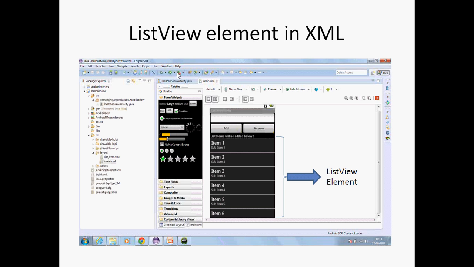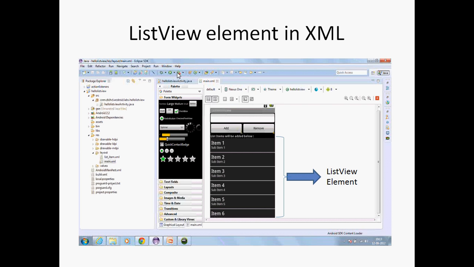After dropping your list view element, you have to get the reference object of this list view dynamically into your activity. Alright, so how to get the reference of any object? For that you are going to execute the findViewById method. You already know this, right?